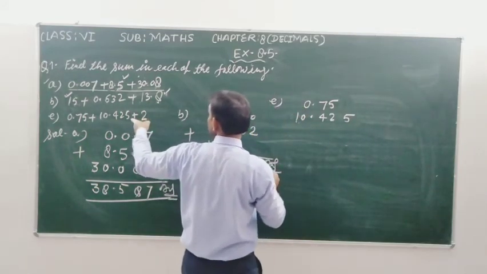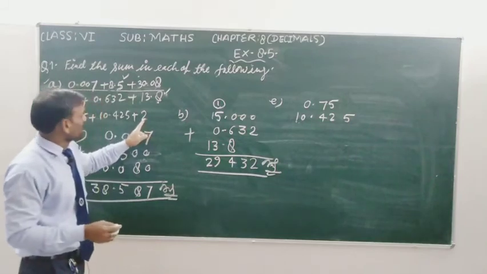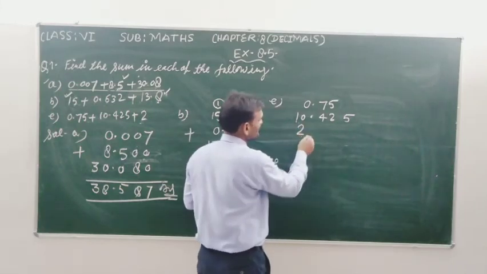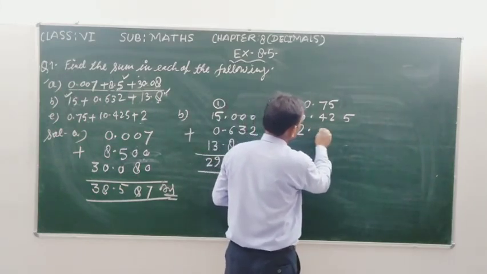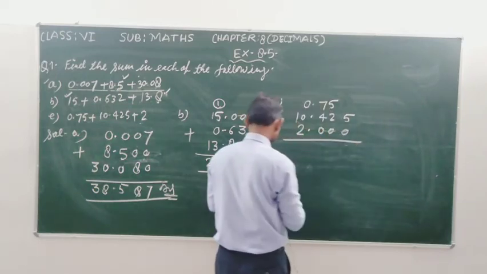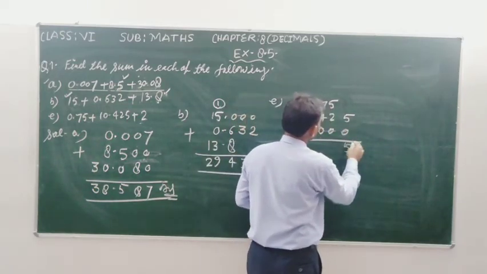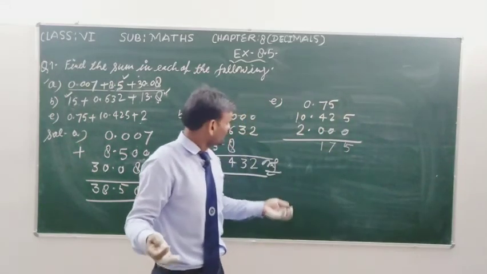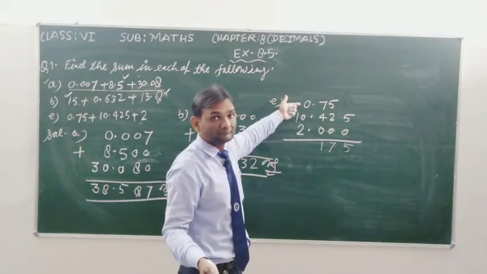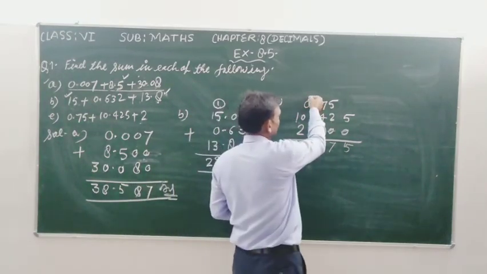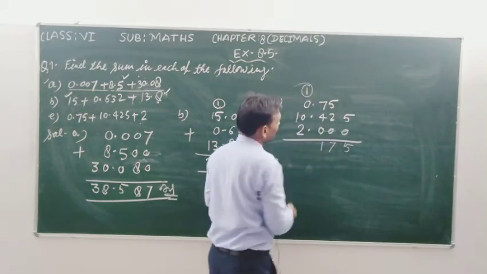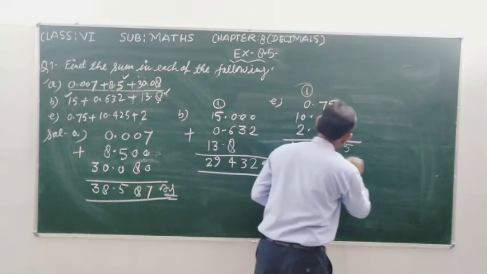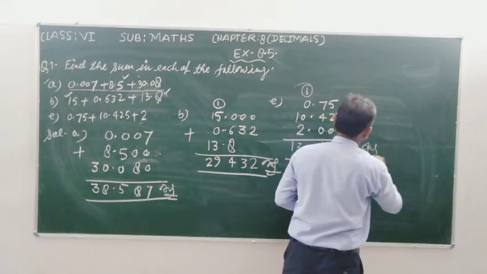So the third number is 2. 2 is a whole number and you can write this 2 in decimal form like this. 2 is ones, so we write 2 below the ones, and we can write 2 in decimal form like this, student, you know very well. So 5 plus 0 is 5, 5 and 2 is 7, 7 and 4 is 11. Where will you write the carry? आप कहां राइट करेंगे? Above the next number, that is 1. This is my carry. So 2, 1 is 3 and you will write 1 as same. This is the sum. This is the answer.